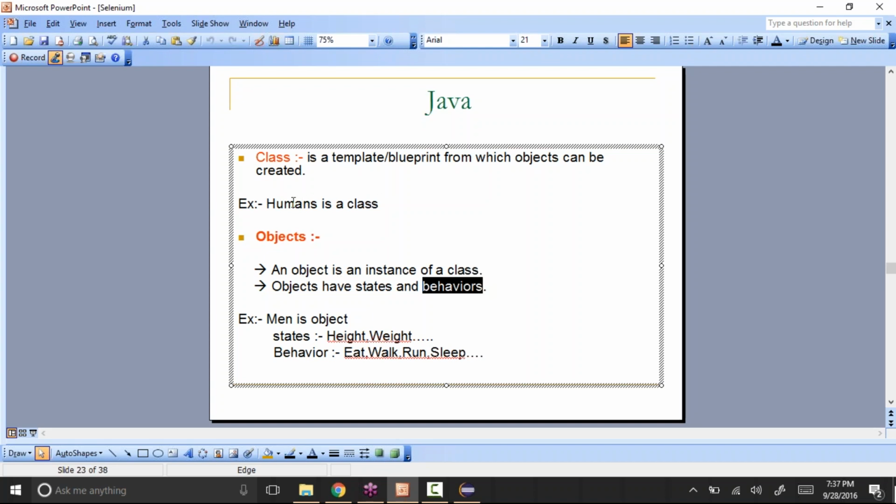For example, humans is a class. Like human beings is a class, and in that, man is one object, woman is one object.